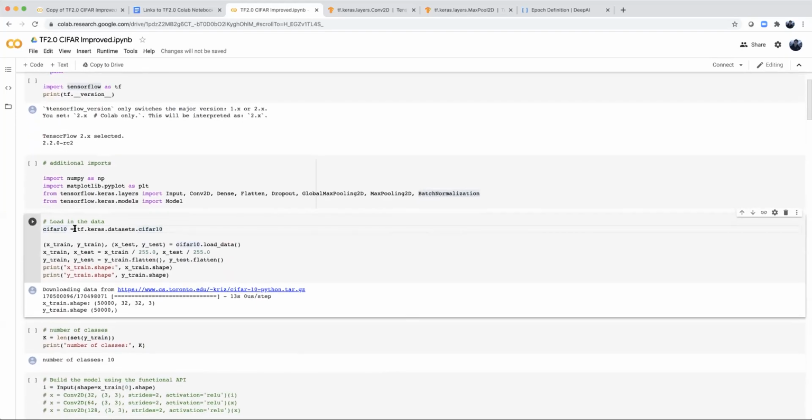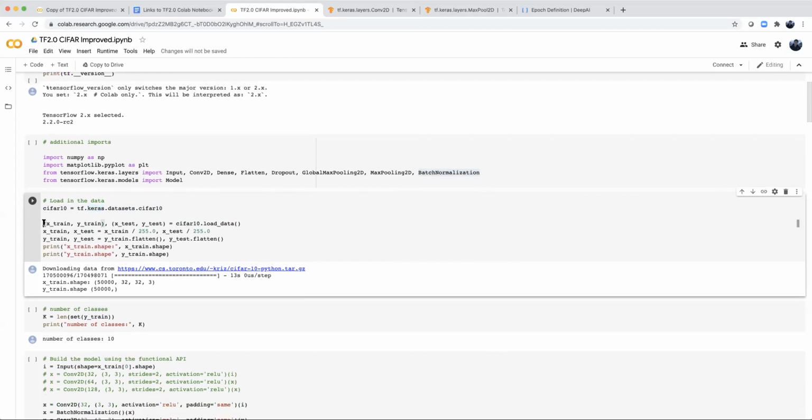Okay, so I import the dataset from the tf.keras datasets. The TensorFlow deep learning or neural network architecture is based on top of Keras. So if you use Keras, it's pretty much the same commands, except for really tiny differences. If you are familiar with Keras, then when you switch to TensorFlow, it doesn't really affect your functionality. Okay, so I just split the dataset into training and test datasets